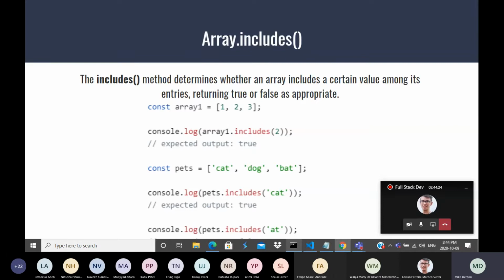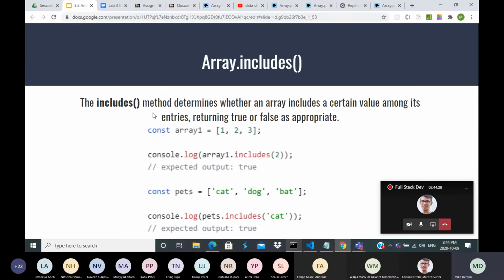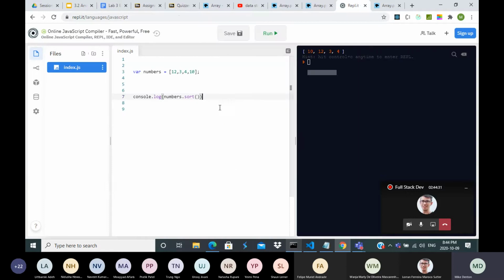Same thing with the strings as well. I'm searching for cats, and it'll return true or false, which is great, as opposed to... Could we do a while loop on there? We could. We could say while